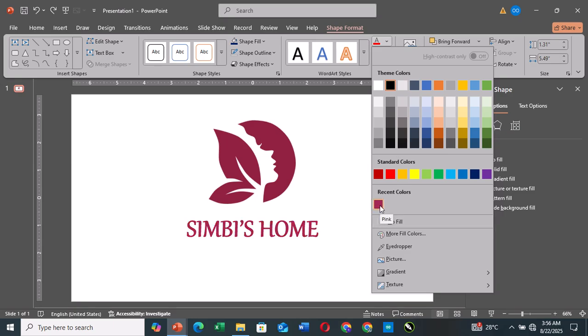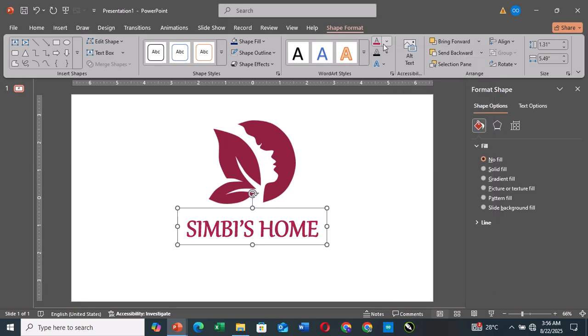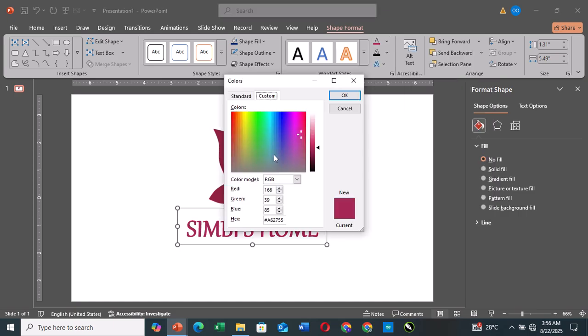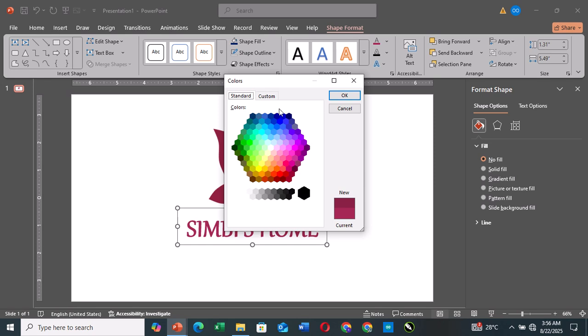Okay, you can give that there, or we can make it more dark. We'll go to more colors. Here we have, I'm sure you guys, this looks familiar. This also looks familiar in PowerPoint, in CorelDRAW. So I'm trying to show you guys that literally PowerPoint can do a lot of things CorelDRAW can do, and